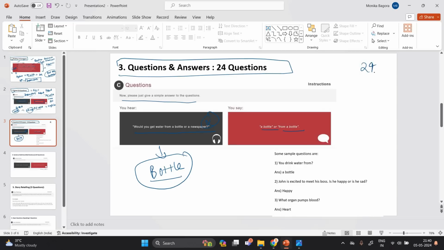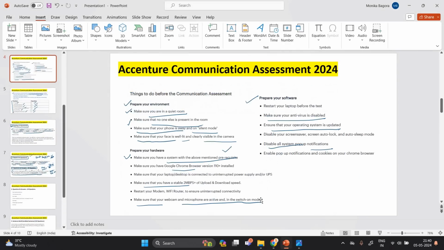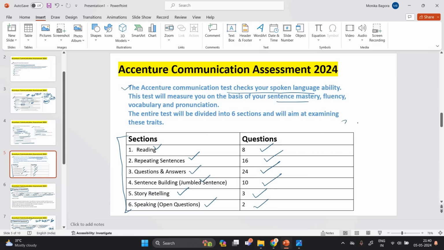There are 24 questions. There are particular time limits according to this section. And guys, one of the most important points that I have to add at the start, that I already mentioned, is that the assessment is approximately 30 minutes. The timer will also be given according to section or question wise, so I suggest you also watch the time for each section.